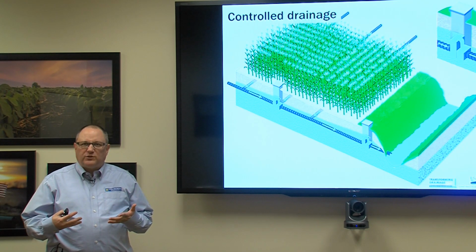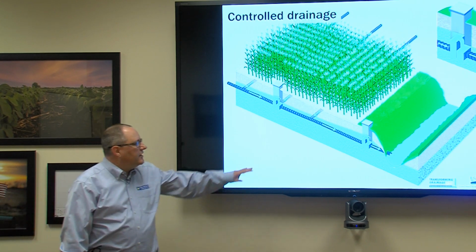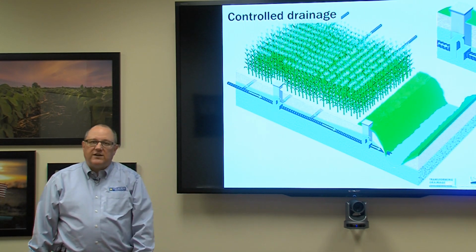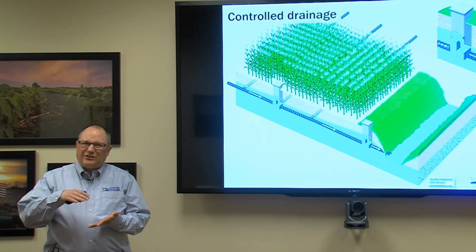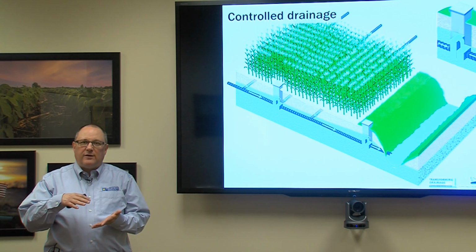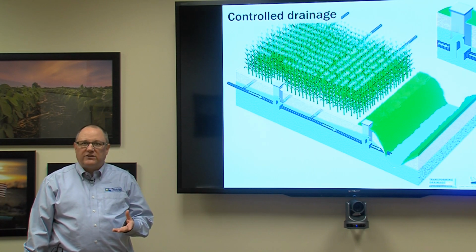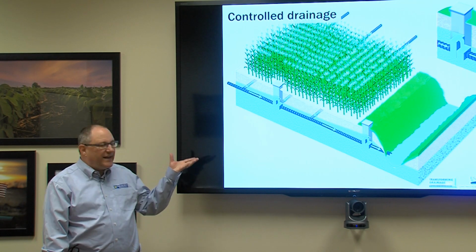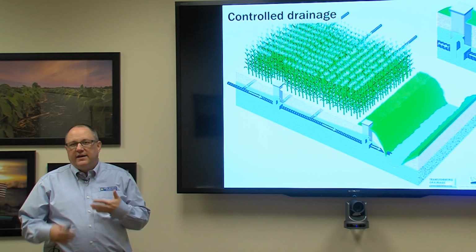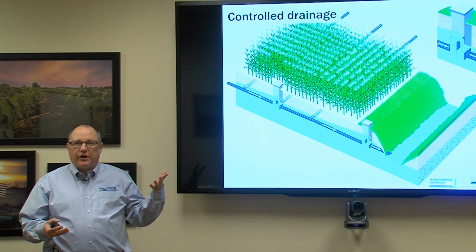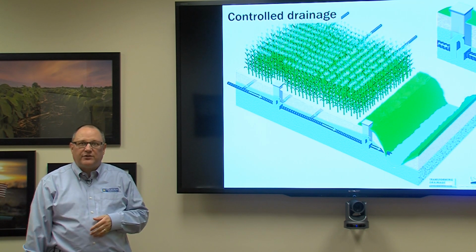And then once that crop's up and going and getting established, now we can put some more stop logs in there, raise that outlet to typically 2 to 2.5 feet below the soil surface. And then if we catch some timely late spring, early summer rainfall, we can actually hold some water in that system. And that's water that crop can use when we go into the drier summer,